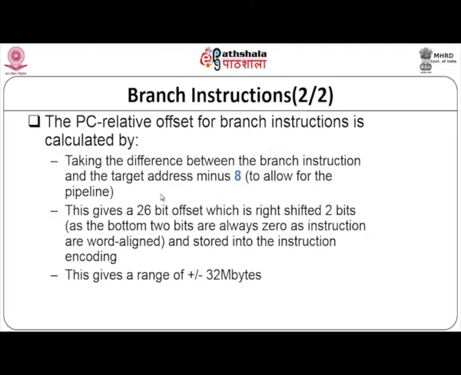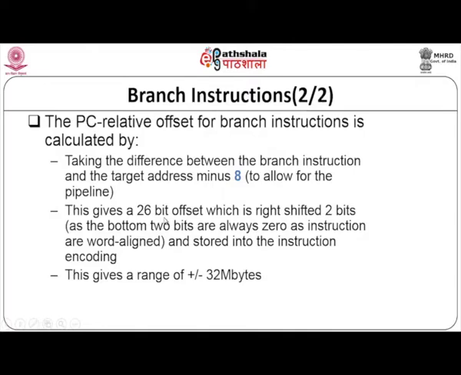Since additional instructions could be creeping in that have already started their execution, we always take the target address minus 8, so that we compensate for the additional steps that have been taken, or the instructions that have been called for execution. So in total, you almost get 26 bits, and since we only have 24